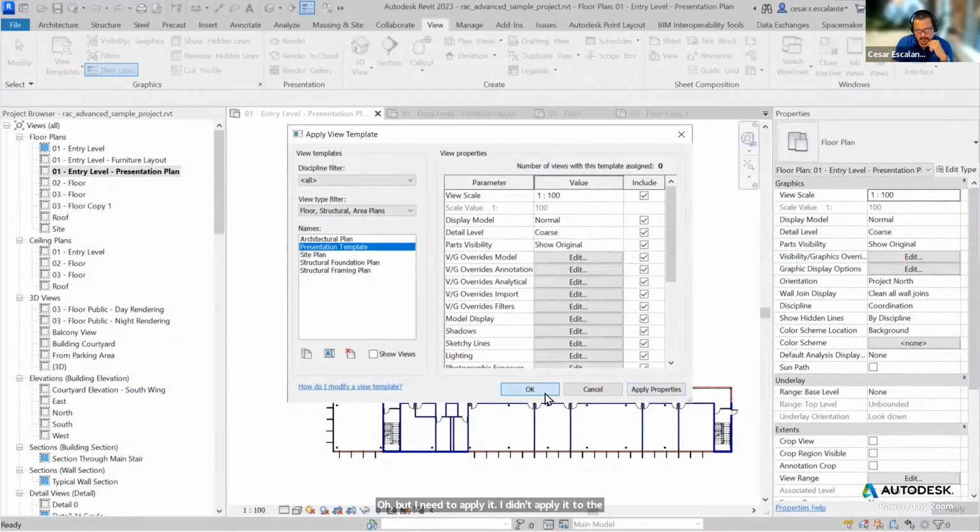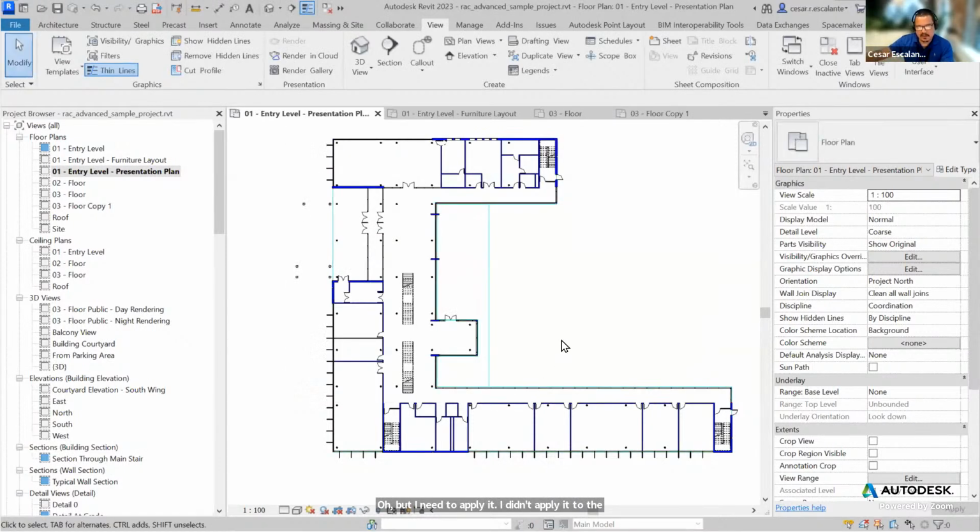Apply presentation template. Now the template serves as a control mechanism of how your floor plans need to look. And so what often fails in offices, in particular, when you complain to your user, why is this floor different from this one? There are 2 floor plans and the values are different. It's because of lack of proper view templates. And